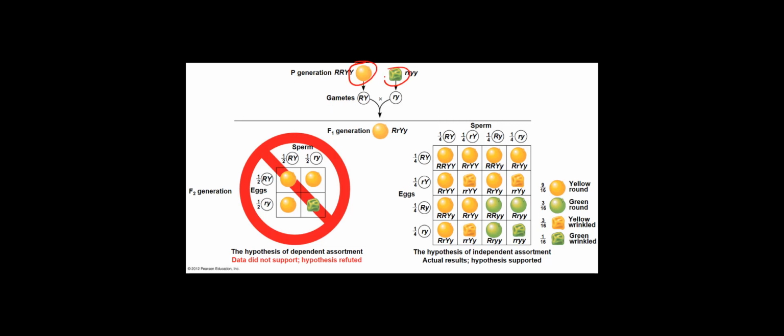There's smooth peas versus wrinkled peas, and there's yellow color versus green color, right? So you can have smooth yellow, you can have wrinkled yellow, you can have smooth green, you can have wrinkled green, okay? And wrinkling is recessive, like the green, okay? And so you can see here now, when you do the dihybrid cross, there's your 9 to 3 to 3